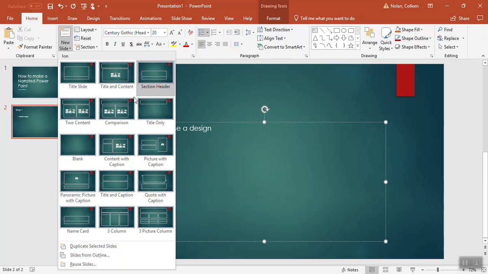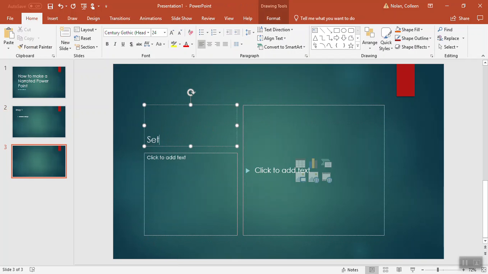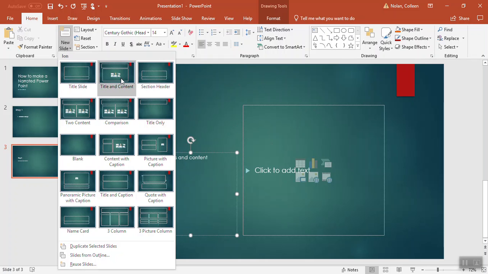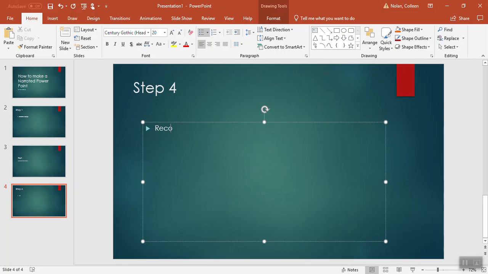Okay. I'm going to click this one, let's say step 2, add pictures and content. So you're going to add what you want to see, what you want to say, and then once you've finished adding what you say, you want to say step 4 is to record your voice or